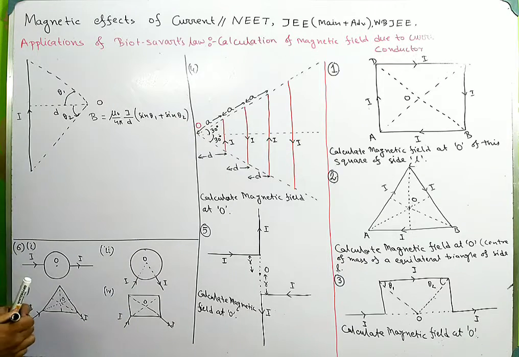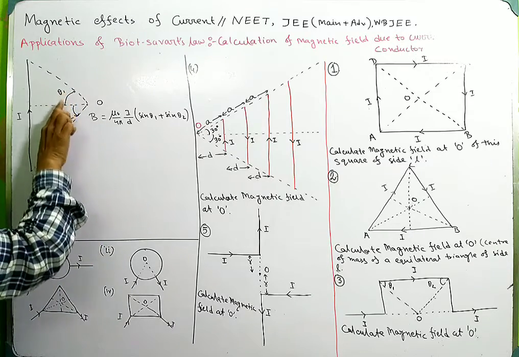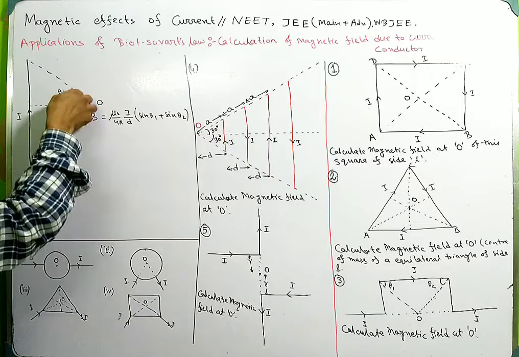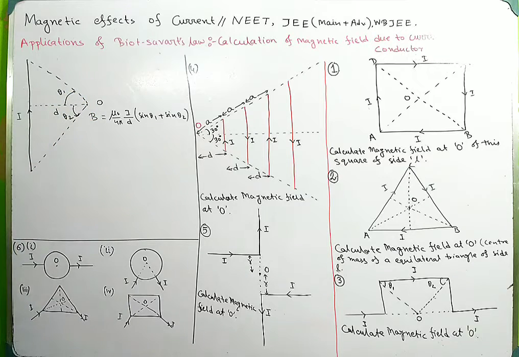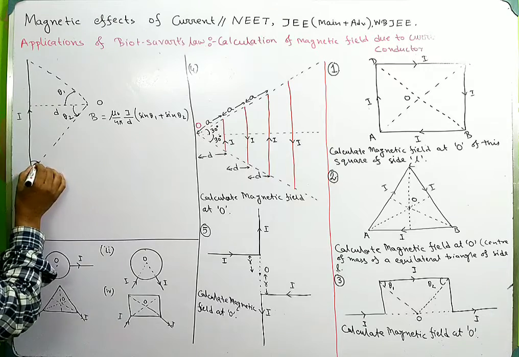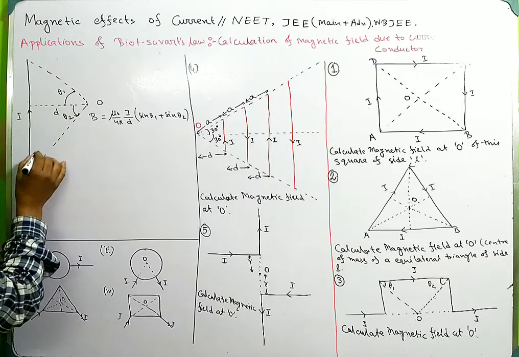Keep in mind that we have taken theta 1 in this direction and theta 2 in this direction. Now if I want to transform it using these two angles,